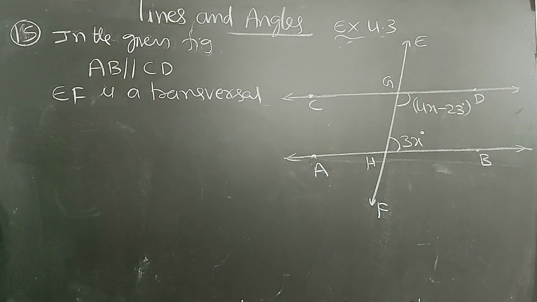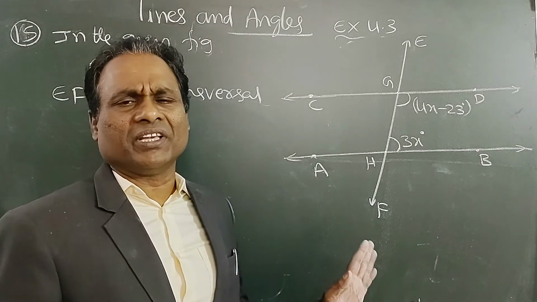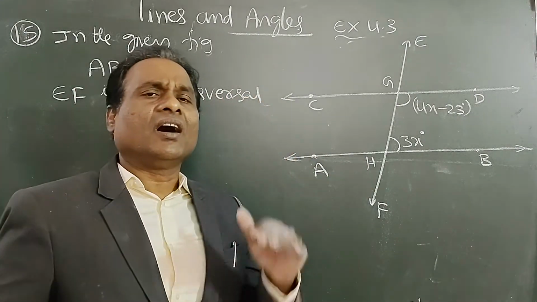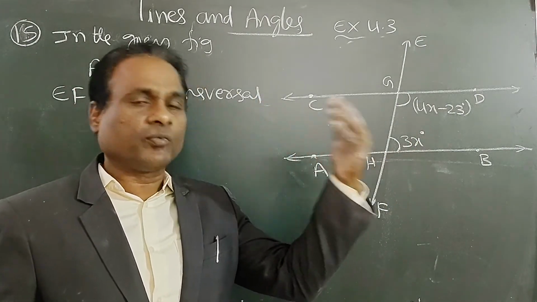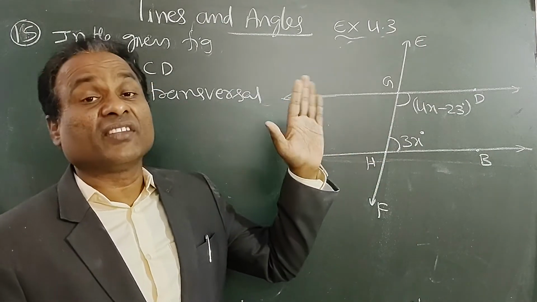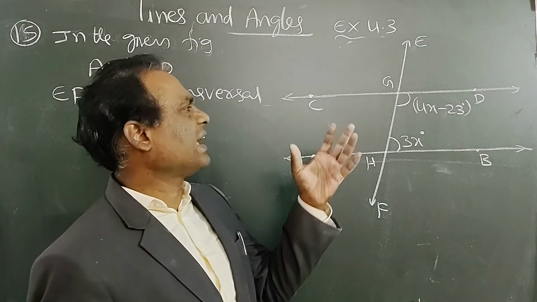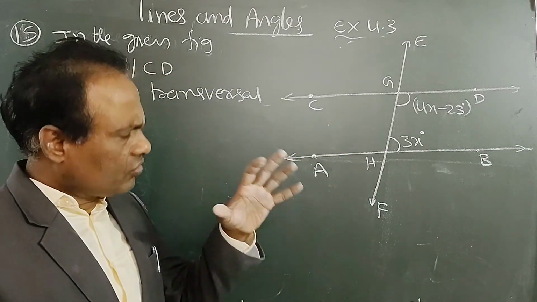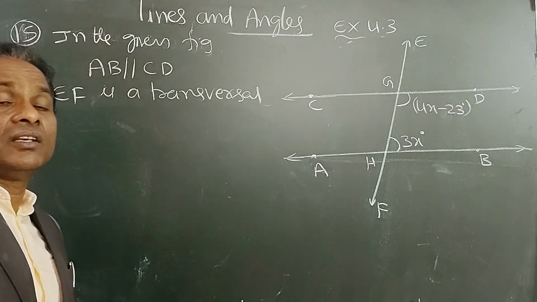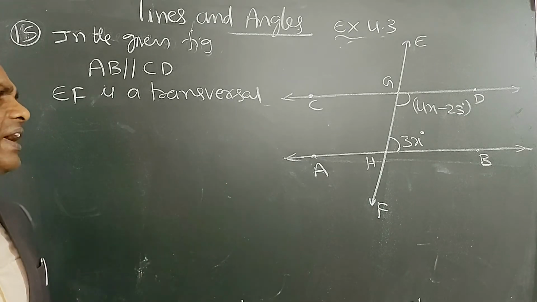What is the concept I am using? It is not that only one concept is applicable here; there are various methods. If you have complete knowledge of supplementary angles, corresponding angles, alternate angles, interior angles on one side of the transversal, exterior angles on one side of the transversal, and angles on a straight line, then definitely you can apply any method to find the unknown values.